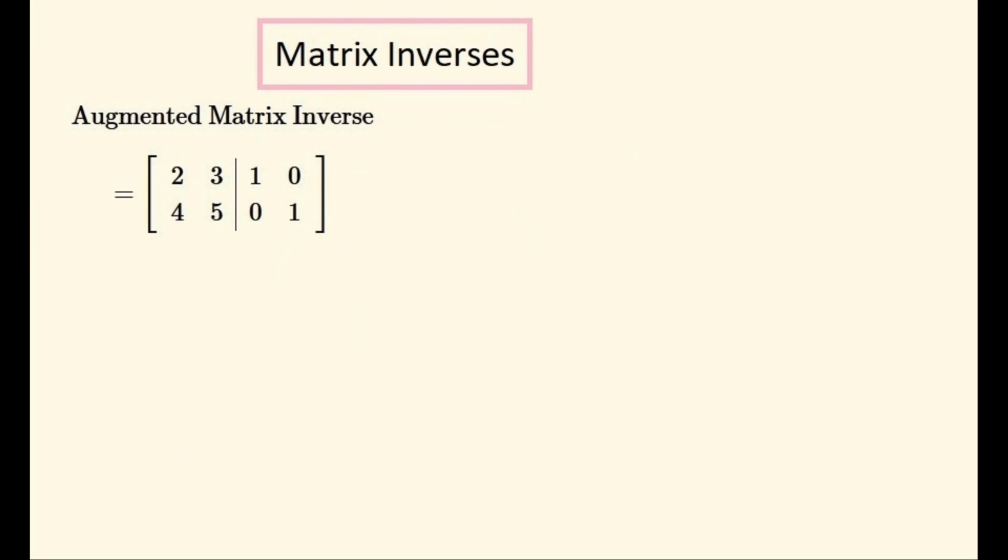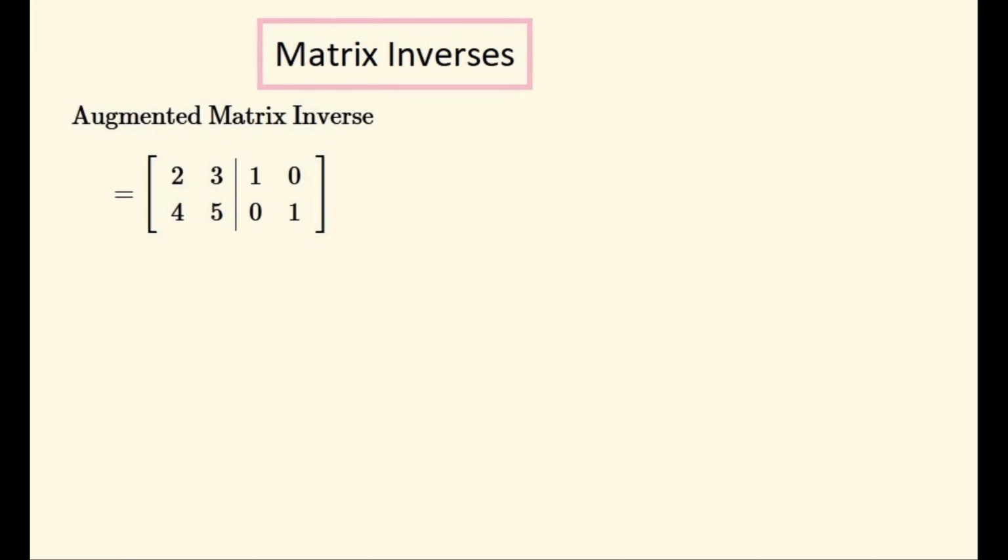Now to look at the more formal method of finding the inverse of a matrix. This is done by constructing an augmented matrix that is formed by joining two square matrices together as so, with the matrix that we're going to find the inverse of in the first half and the identity matrix in the second. We'll perform row operations on the whole of this matrix, which is a 2 by 4 matrix,